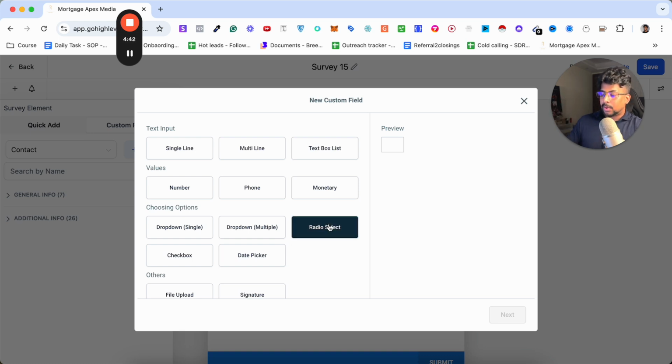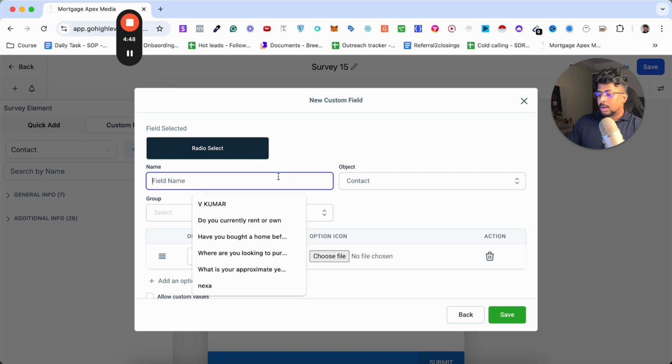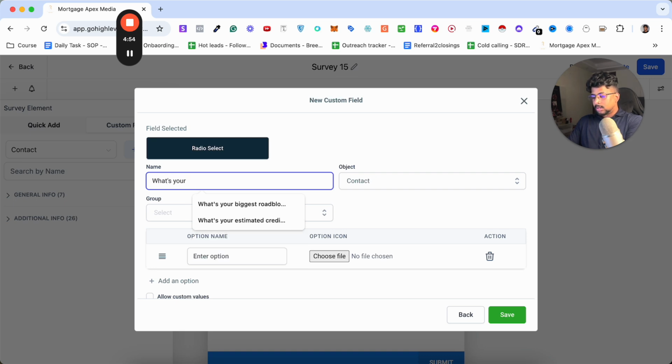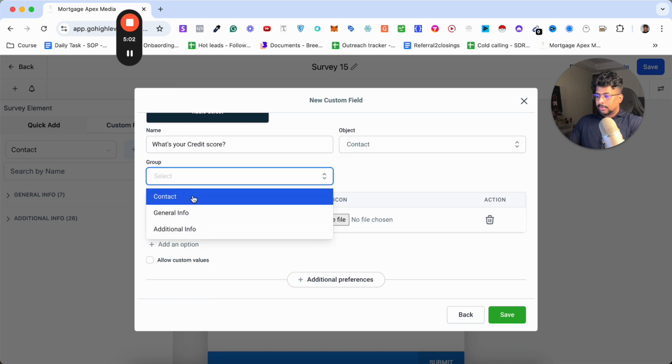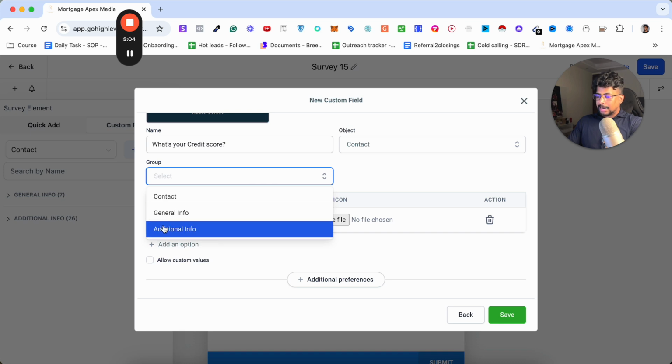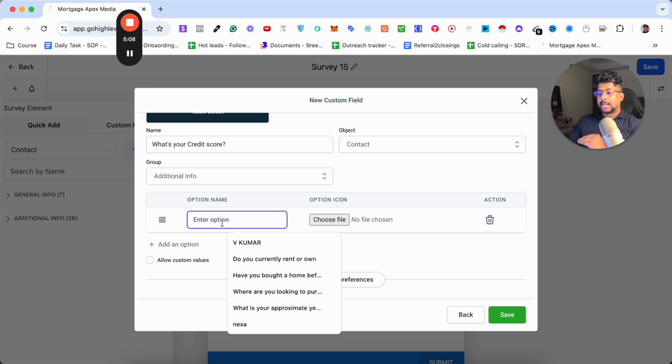Let's say for example right now we're going to ask about credit score. Let's click on this, click on next, and now we're going to be asking what exactly is your credit score? So what's your credit score? Let's put them right now into the additional information, and then over there we're going to be putting all the options we're going to give